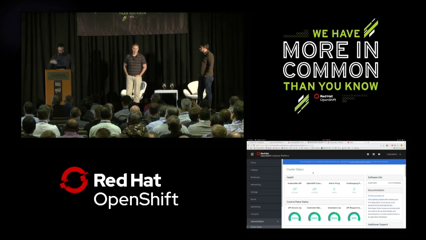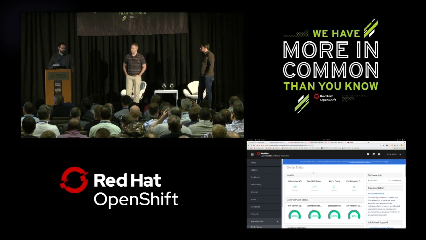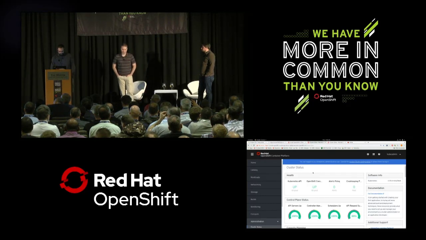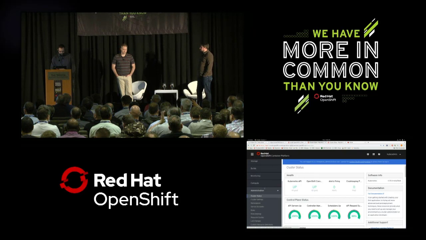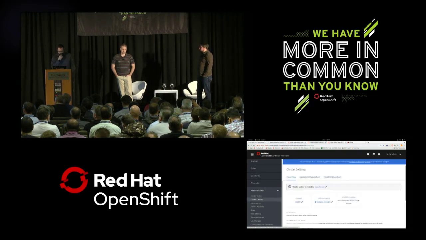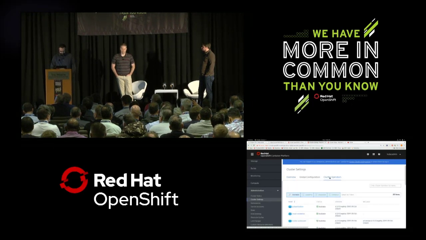So what you see here is our out-of-the-box cluster status page. I'm an engineer, so I'm running our nightly build. If it goes wrong, we'll fix it before we ship. But right now, everything's green, and life is looking good. And one of the new things you'll see here is, in our cluster settings page, the list of cluster